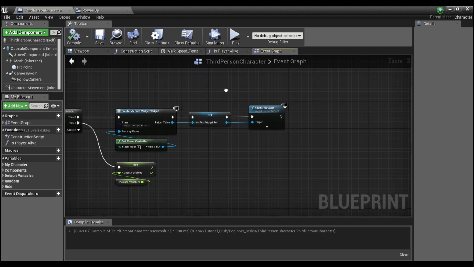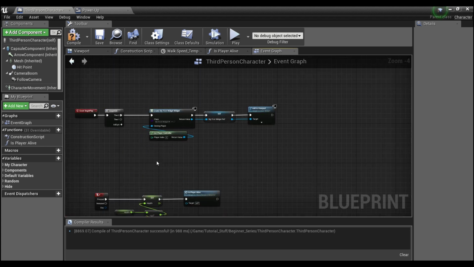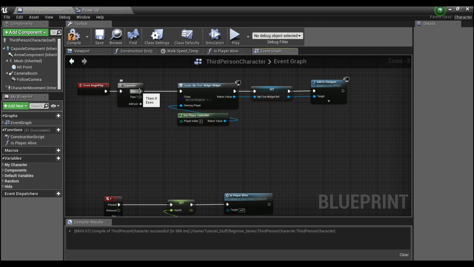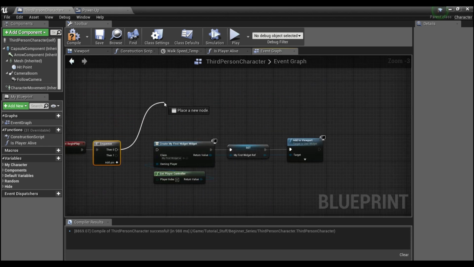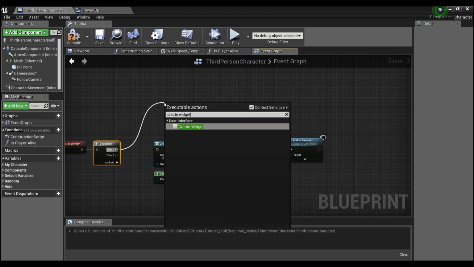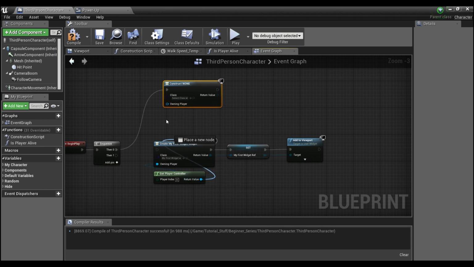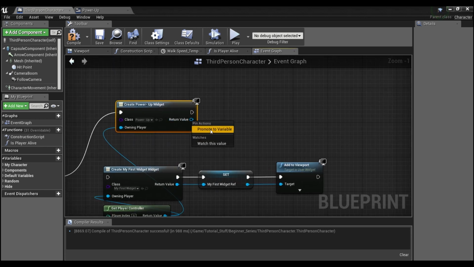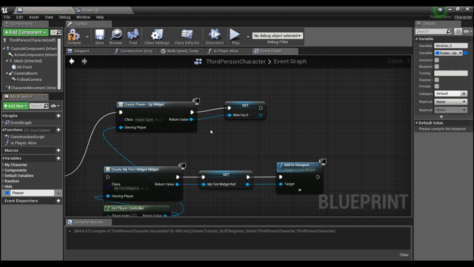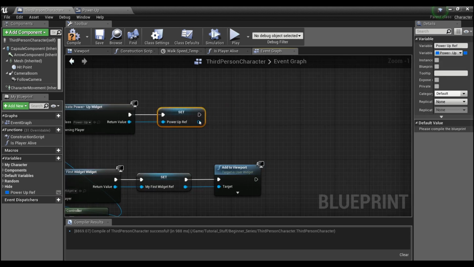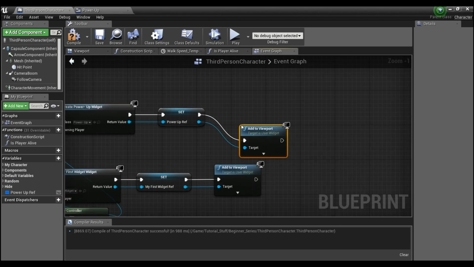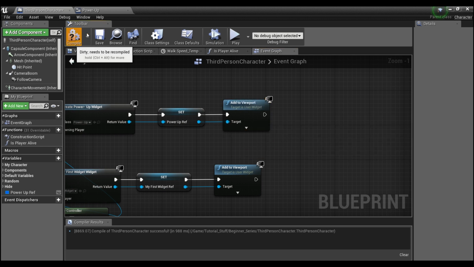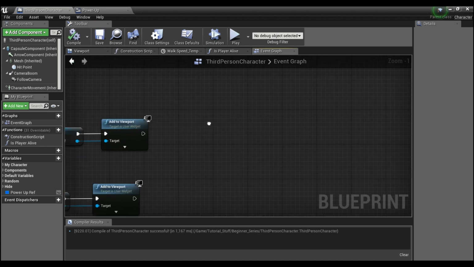Then you can go into your character blueprint, or whatever you want. Just going to go right here and unhook this, and we'll create the widget. Hook it up to your player controller. Then we'll right click here and make a variable, and you can add it to viewport. Okay, now that we're done with that,